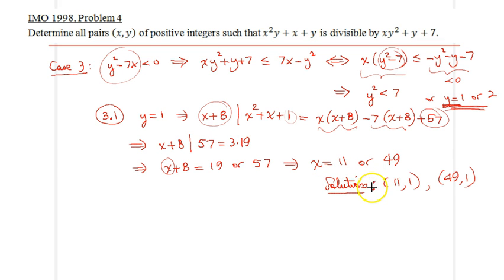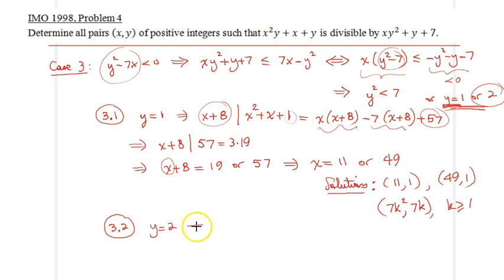So far, if you remember from the first case, we had a parameterization of solutions. Let me remind you that the parameterization was all the pairs x, y in the form 7k squared, 7k, where k is greater than or equal to 1, are also solutions. And finally, the case 3.2, where y is equal to 2, would lead to